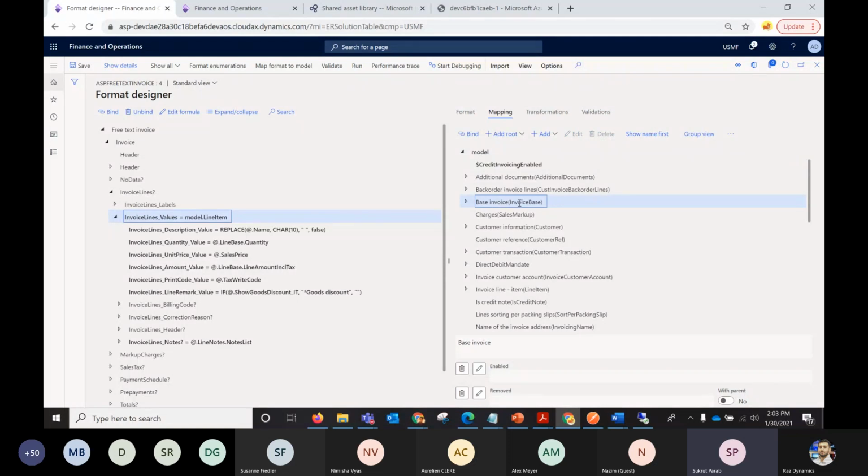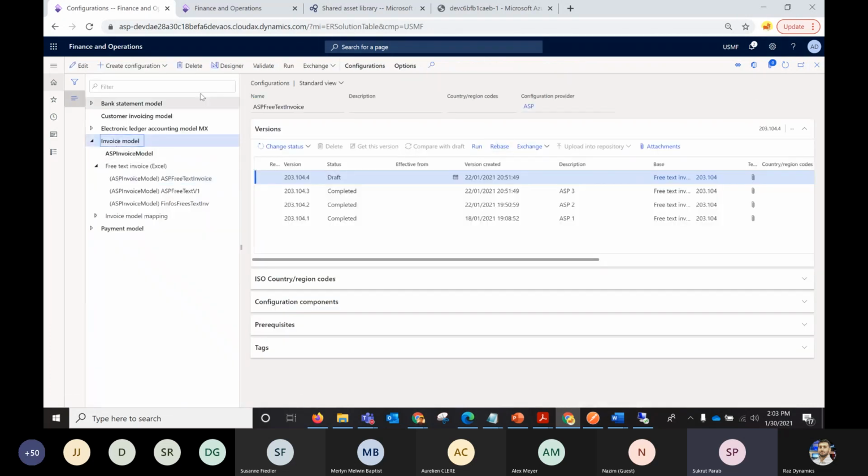So if you go to the invoice base in your model and check the invoice mapping for that particular data model, you should be able to find out where this base invoice is mapped to, from where the data is coming. So in this particular scenario, this base invoice, if we go back to our data model, which is our invoice model data model,